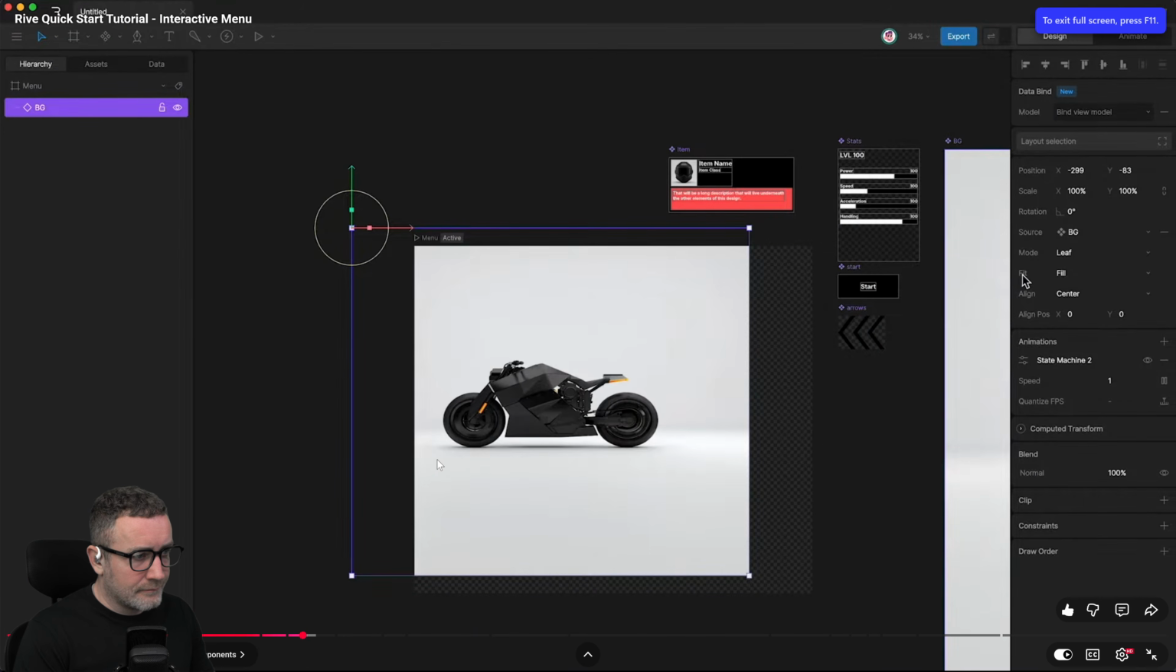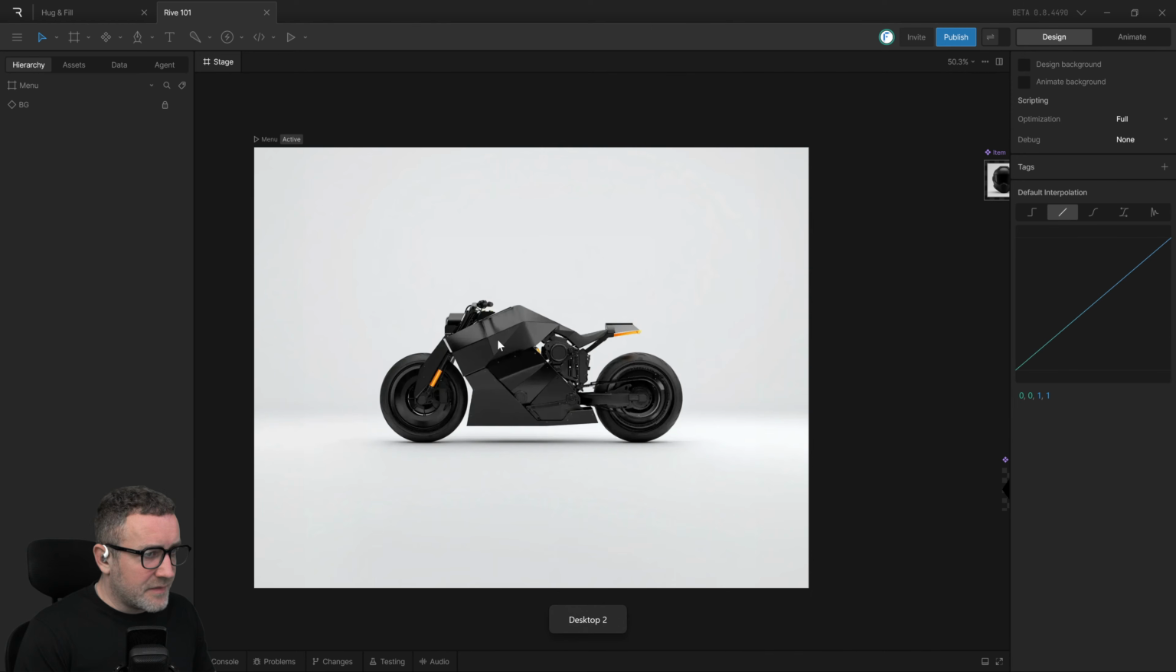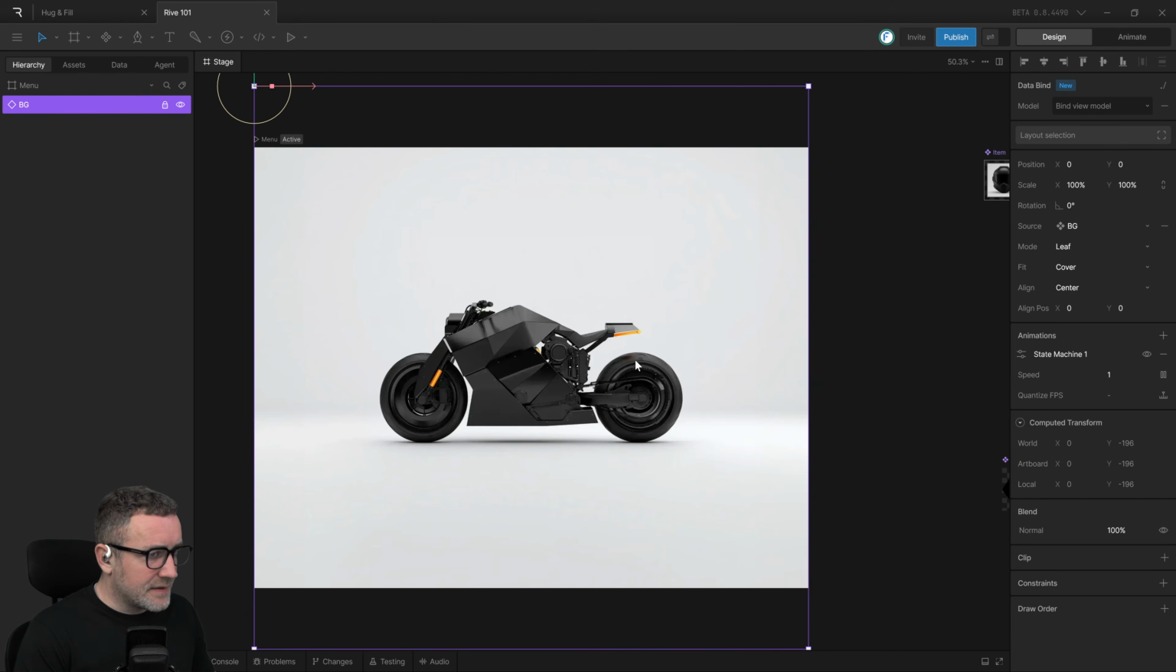As you can see, its fit is currently set to fill. So it looks a little bit squashed down. And this will be more evident. So this is the same kind of thing, but